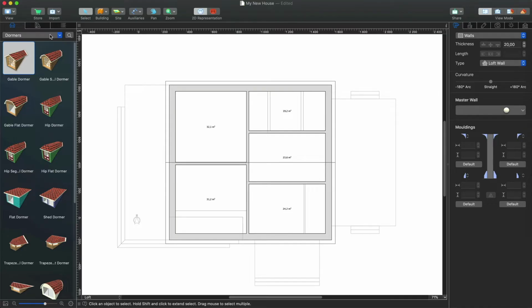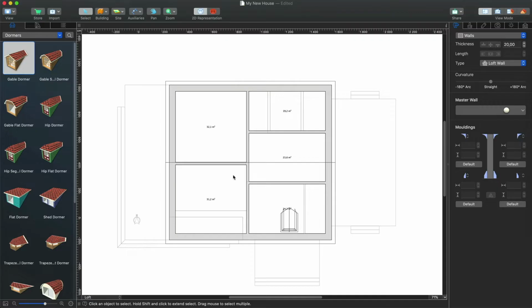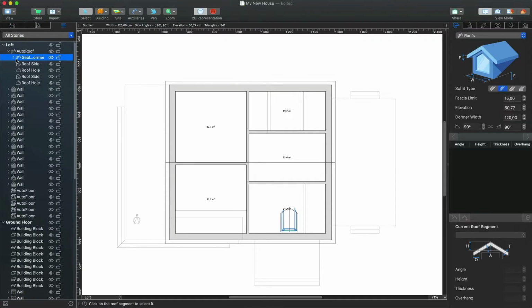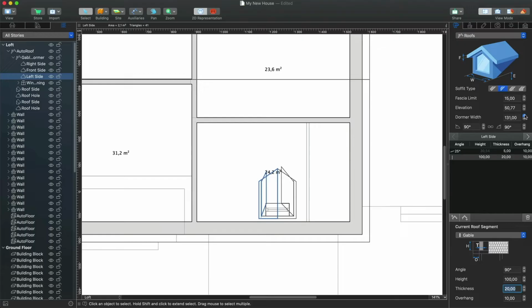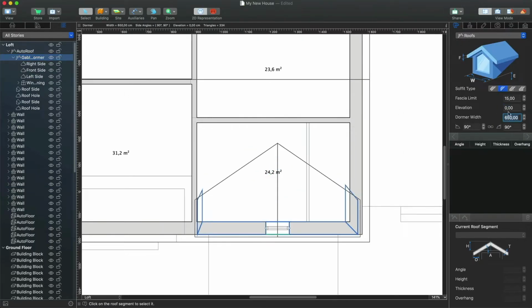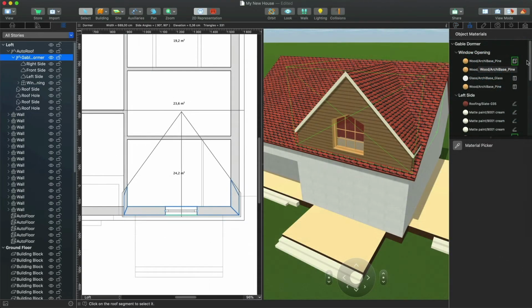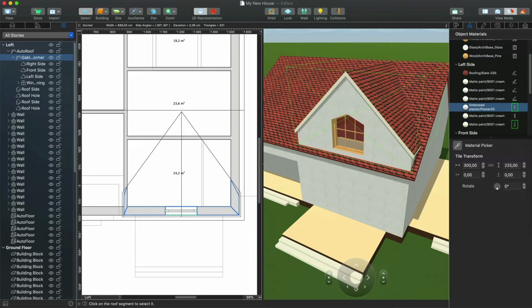as with custom roofs. So drag a dormer with the appropriate roof style from the library and adjust its parameters: width, location, elevation, wall thickness, roof overhangs, slope angle, and type of bevel. Set the same type of bevel as on the other parts of the roof that you've built before. Go to the Object Materials tab of the inspector and apply the same materials for the gable and roof of the dormer as you have for the rest of the roof. You'll be able to change the materials later at any time if required.